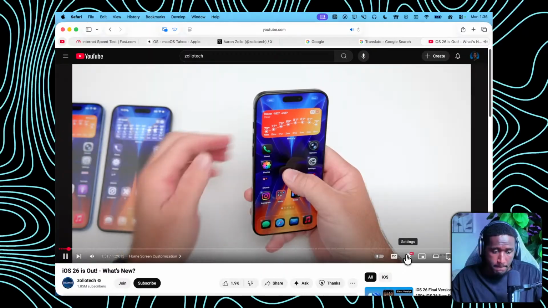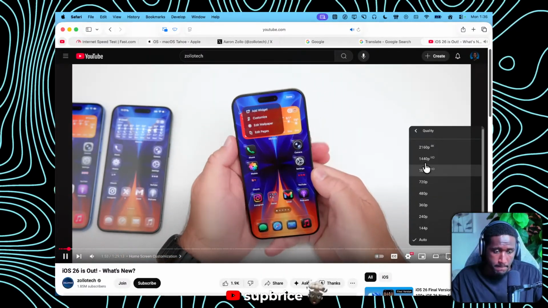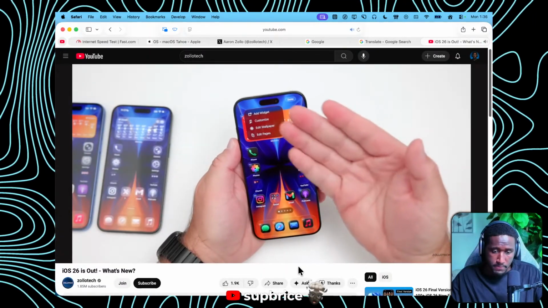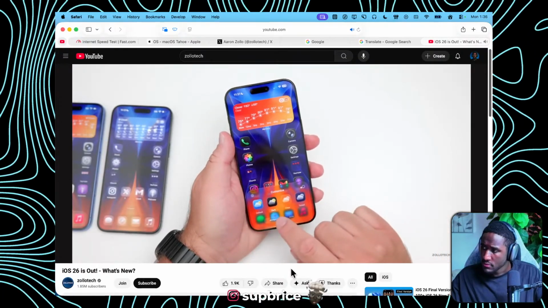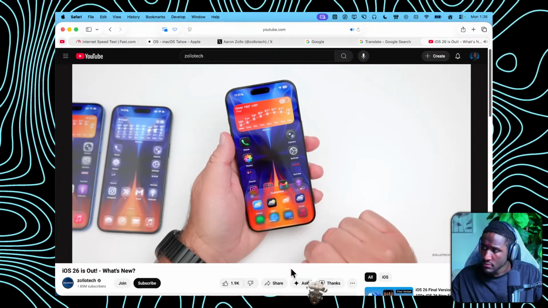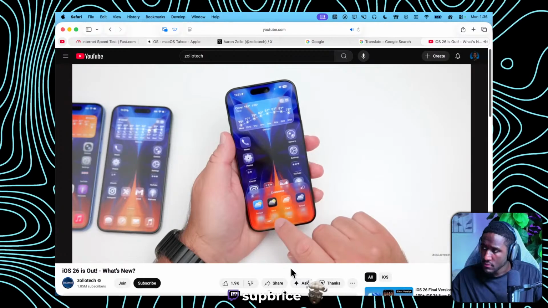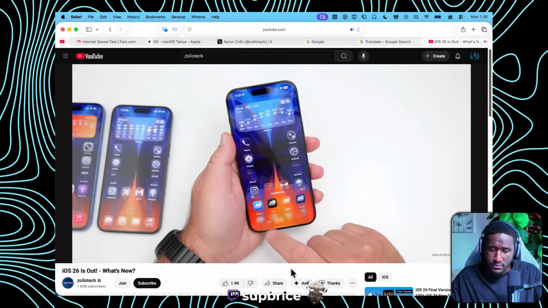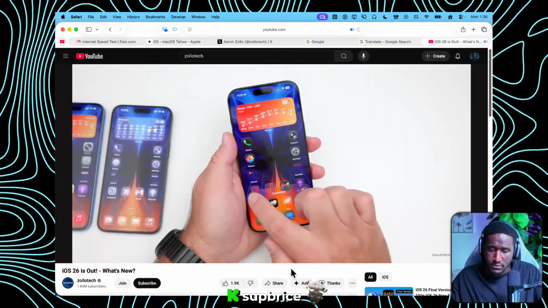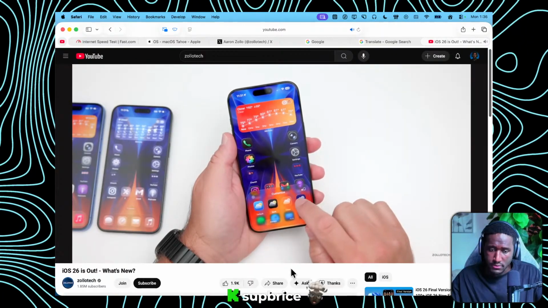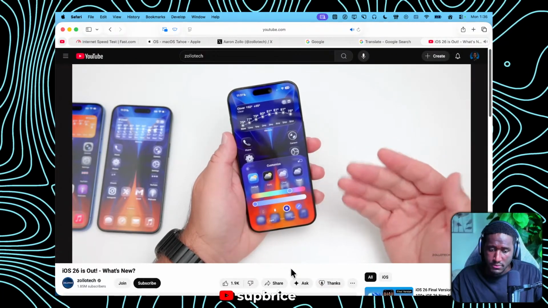If we press and hold on the home screen, tap on Edit, you'll see again more animations and new design. If we go to Customize, you'll see that we have dark, we have clear, and then we have tinted. If we want clear, we can even customize if we want light or dark mode or auto. The same is true with all of the different icons throughout. So we can lighten the background, but if we go to tinted, it will then try to match your environment